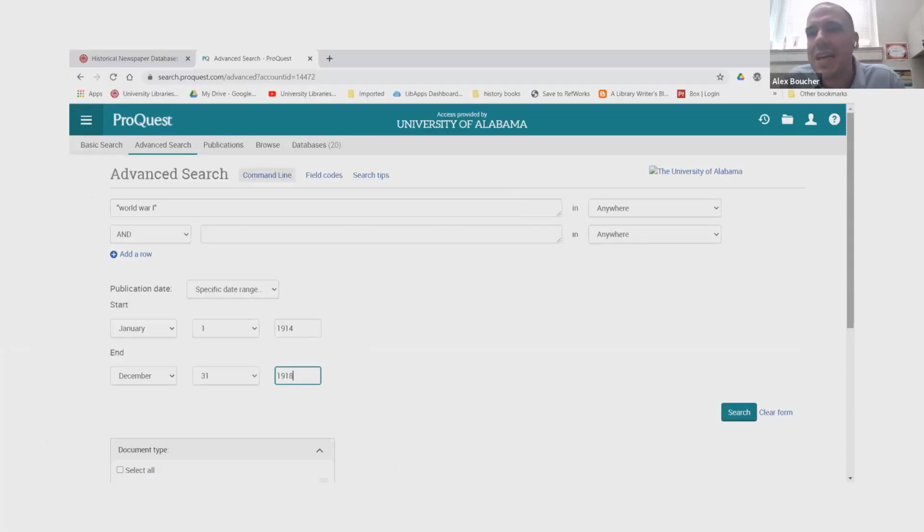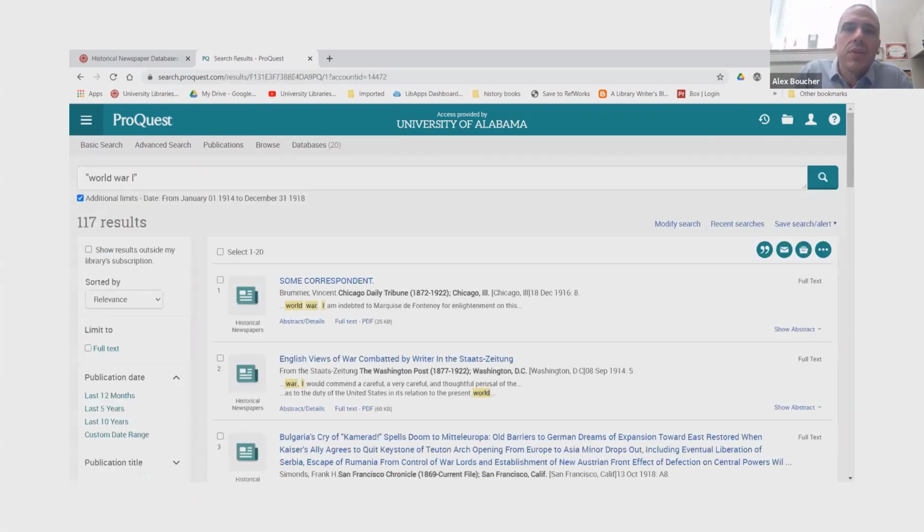So sometimes when I'm showing a class of undergraduates, I will show them a sort of silly example of this. This is on Proquest Historical Newspapers. So I'm looking at 1914 through 1918, and I've searched for World War I. I put it in quotations so it looks for the exact phrase, et cetera. And if you click search, you find almost nothing. Usually after about 10 seconds, one of the students will figure out why it comes up with almost nothing. And that's because no one referred to World War I as World War I between 1914 and 1918. It simply just wasn't called that.